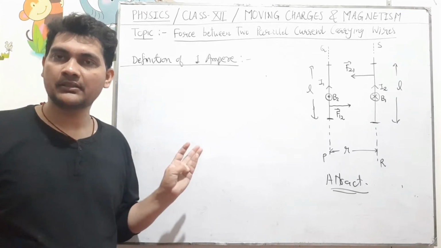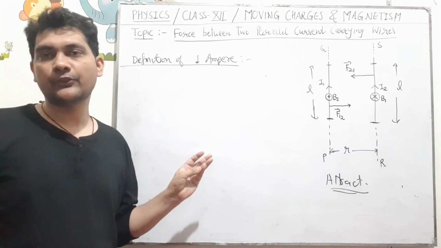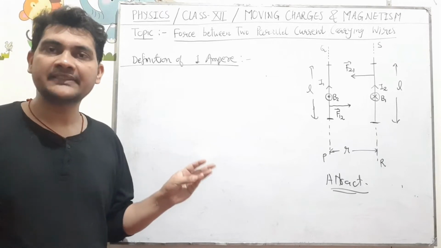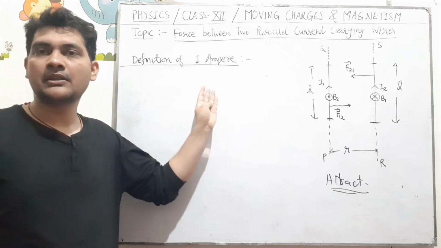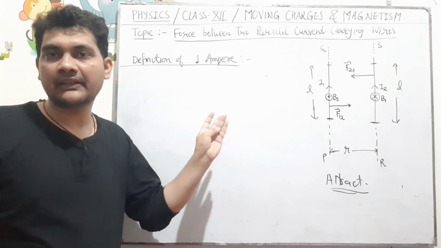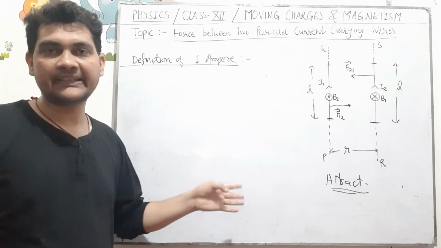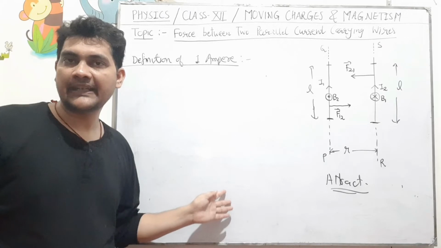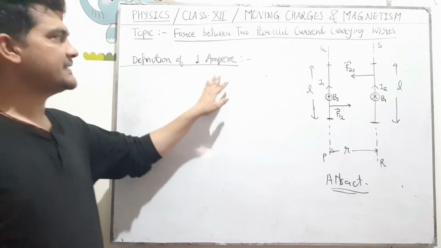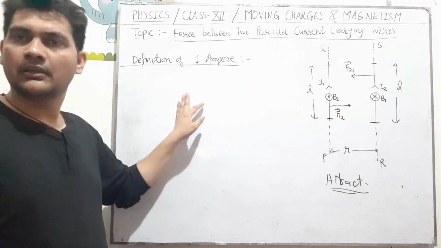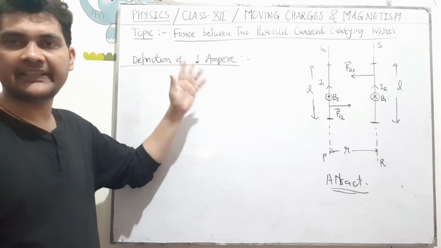Those are meter, the unit of length; second, the unit of time; kilogram, the unit of mass; Kelvin, the unit of temperature; ampere, the unit of electric current; mole, the unit of quantity of matter; and candela, the unit of luminous intensity. These are 7 fundamental physical quantities, and I have told you the names of their fundamental units also. So ampere is one of the standard SI units, the SI unit of the fundamental physical quantity, electric current.